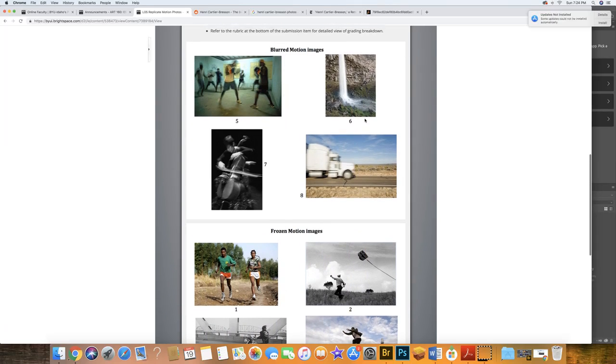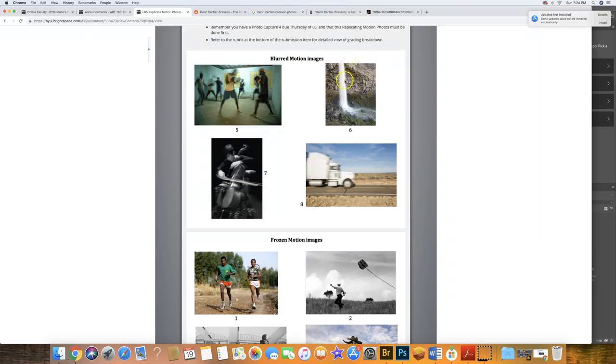One thing I do want to warn you about when you take some of these images: taking images of water is oftentimes a very popular thing to do, but if you're going to do that, you're going to need a tripod, or possibly you could steady your camera on a rock or small bench that you brought with you. I'm not sure, but you're going to need something that's going to keep your camera still, because you want to get the motion in the water that makes the water blurred and smooth, but you want to keep everything else in tight focus. So those are just some things to go over with that.